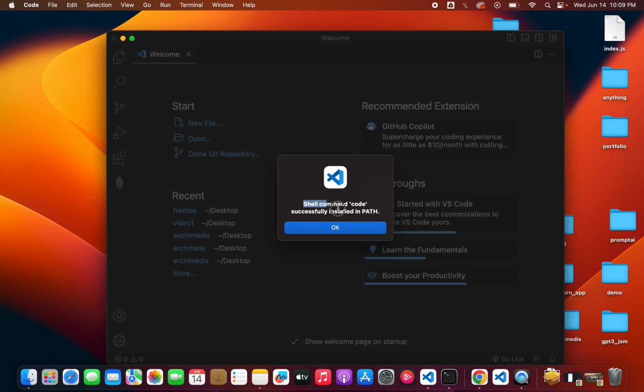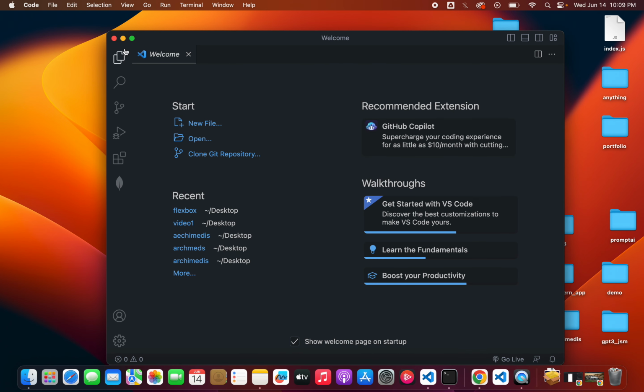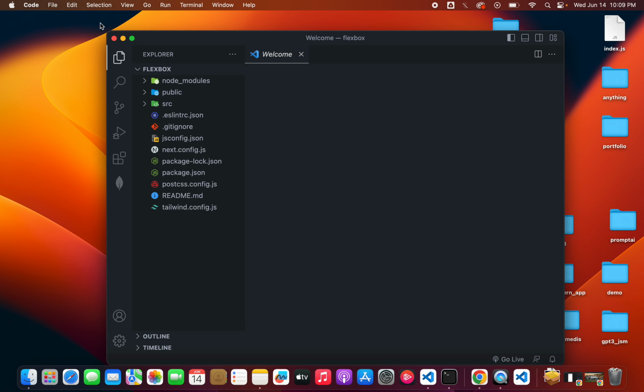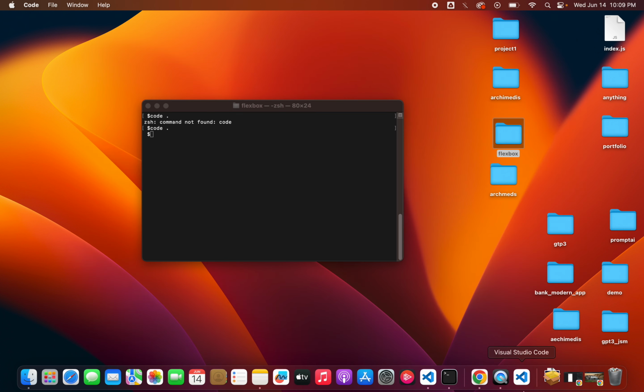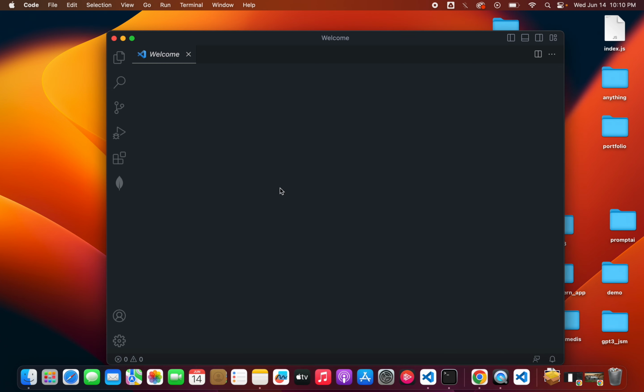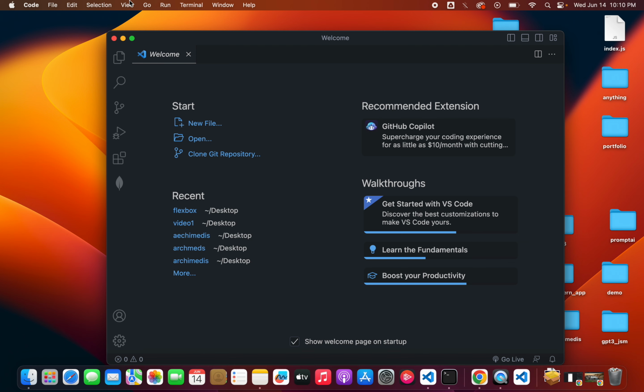So shell command code successfully installed in path. I click OK. Now when I open it, it was opening, guys, but it won't work in all cases. Some people might face an issue when you click install code in PATH. It will show EACCES permission denied, unlink /usr/local/bin/code. So when you see this issue, what you need to do, first open your VS Code editor, then